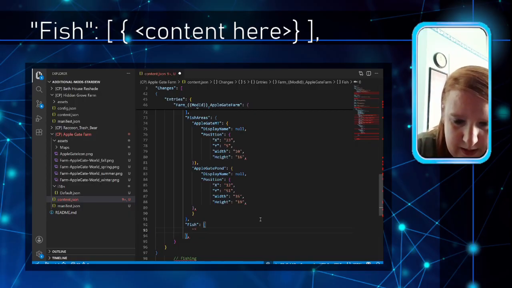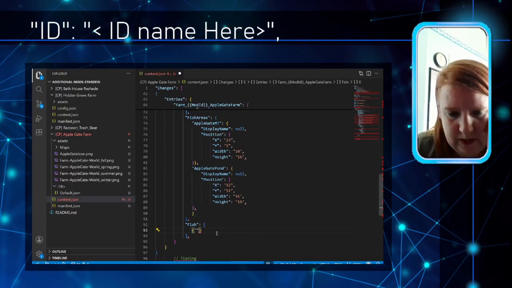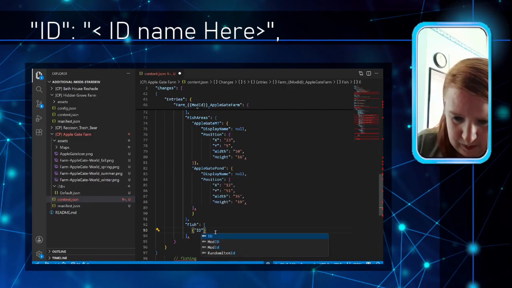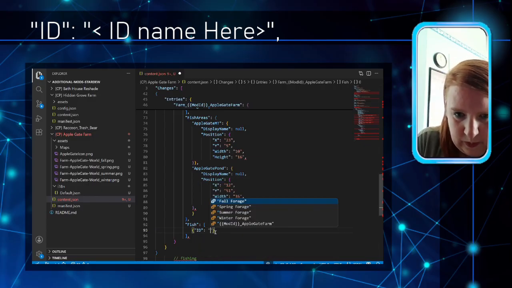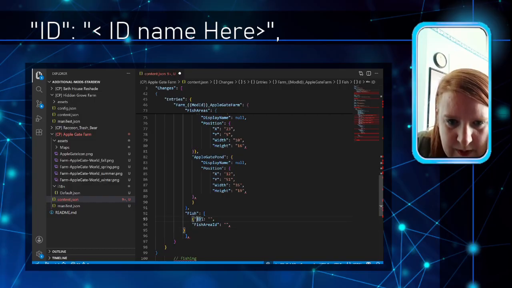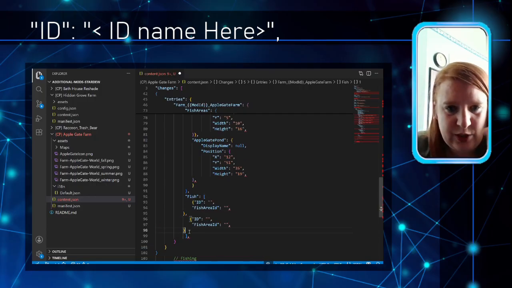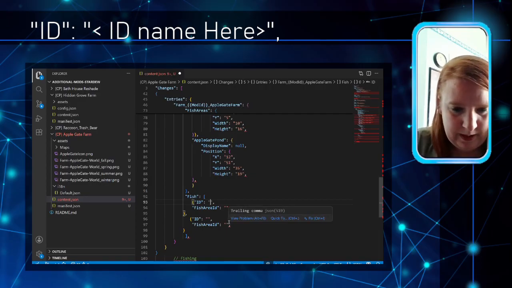So we want, yes, ID, colon, quotes, comma, quotes, fish area ID, colon, quotes, comma. So for ID, I'm just going to copy this, put a comma at the end so it separates the section. Okay, so I have two areas. So we want